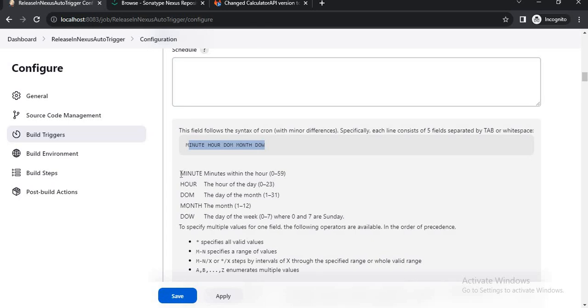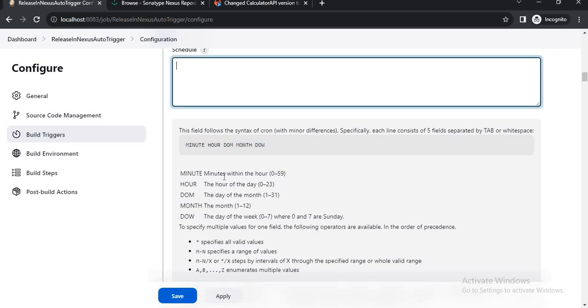Now let's understand this. Say I want Jenkins to check every minute, every hour, every day of the month, every month, and every day of the week.